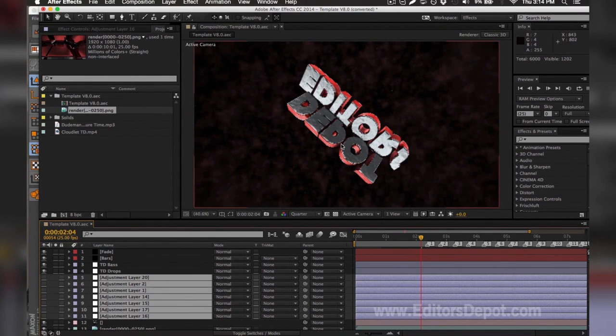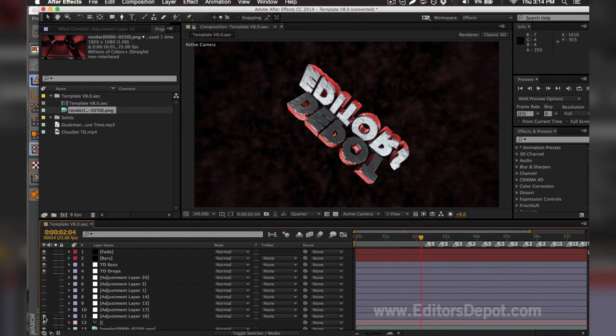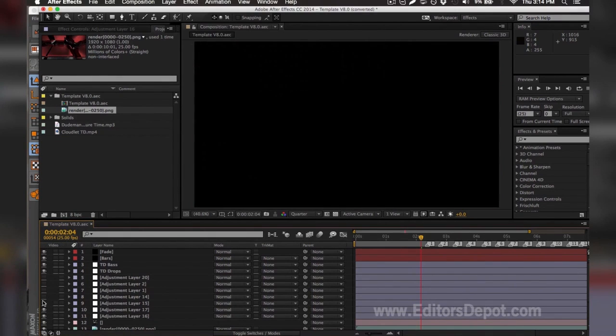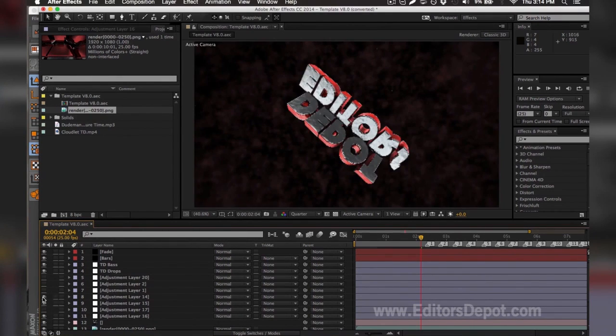As you can see here, of all the adjustment layers, one of them messed up the entire render, so I'm going to turn them on one by one. That one's fine, that one's fine. Oh, this one's the problem here. So you make sure you turn them back on